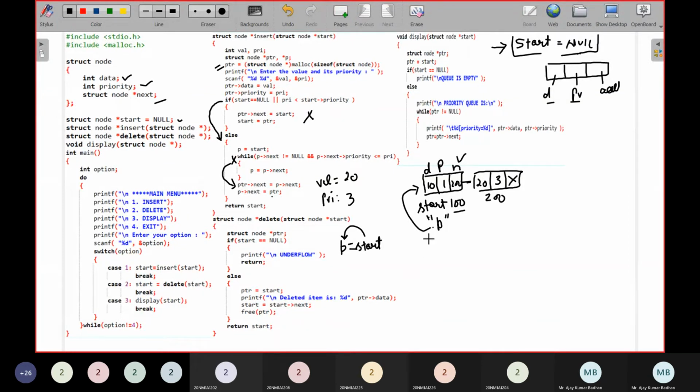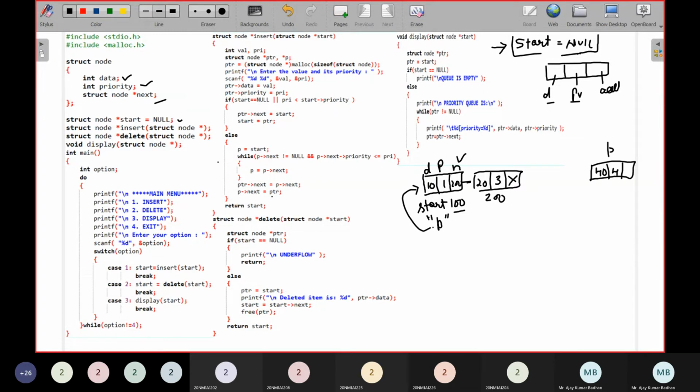Why I'm taking this many times is I am explaining all the logic with respect to these things. First time, what we executed is the if statement. Next time we executed this, but the while statement we did not execute. So to explain this, I'm taking this many insertions. Let us suppose I want to take another node, the same way. This time the value is 40 and the priority is 4. Okay, 4 and 40.